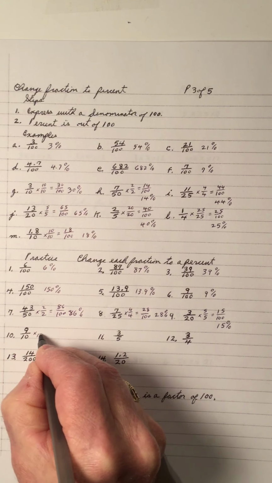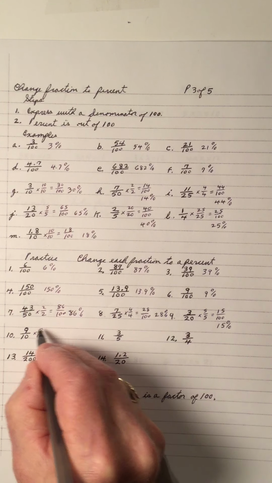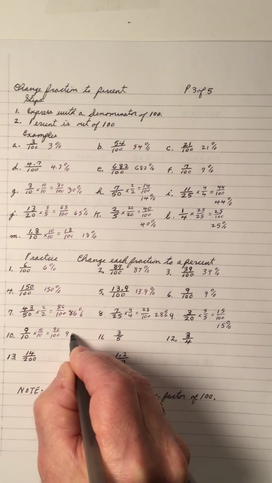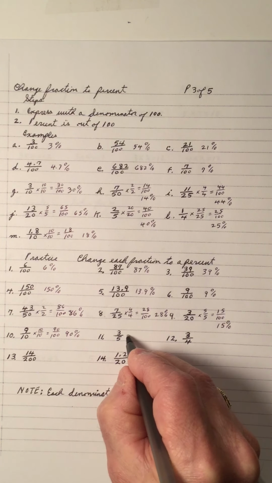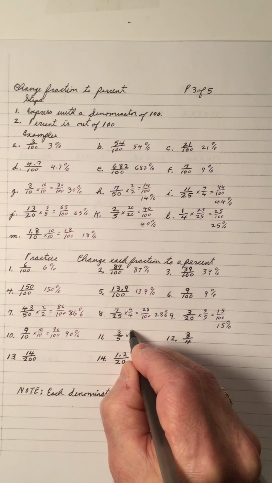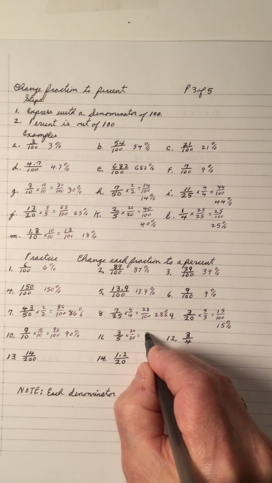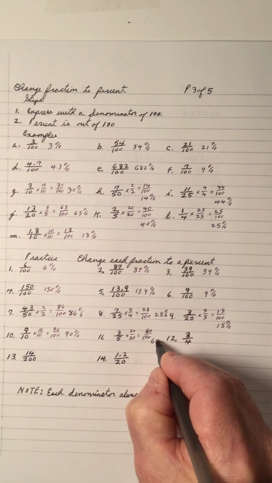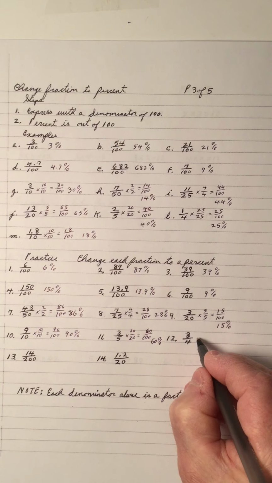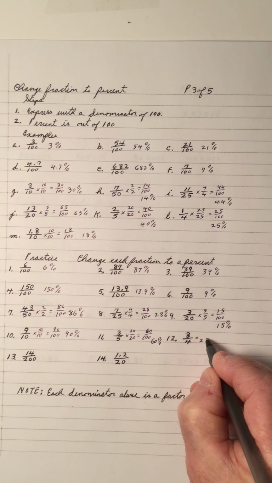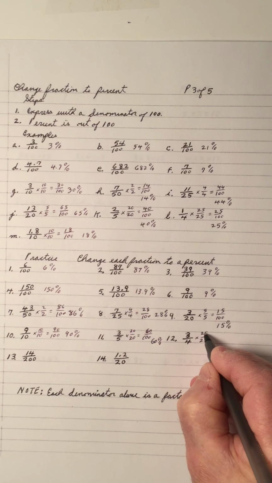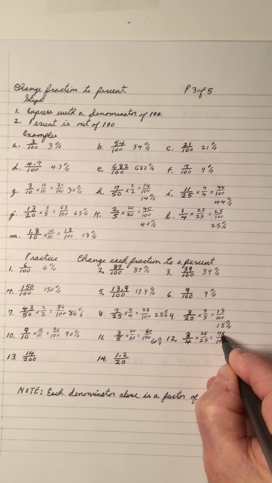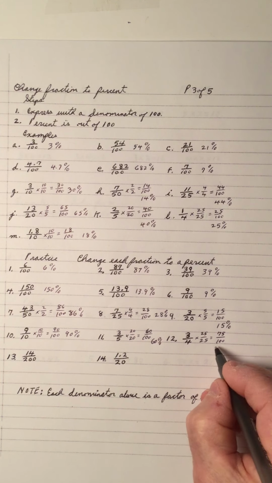9 out of 10, you multiply the 10 by 10, 9 by 10, to get 100 on the bottom and 90 on the top, which is 90%. 5 is multiplied by 20 to give me 100, so we multiply the 3 by 20. That gives us 60 on the top, 100 on the bottom, and that makes it 60%. 3/4, 4 is multiplied by 25 to give me 100, so I multiply the 3 by 25. And I have 100 on the bottom, 75 on the top. 3 times 25 is 75, so that gives me